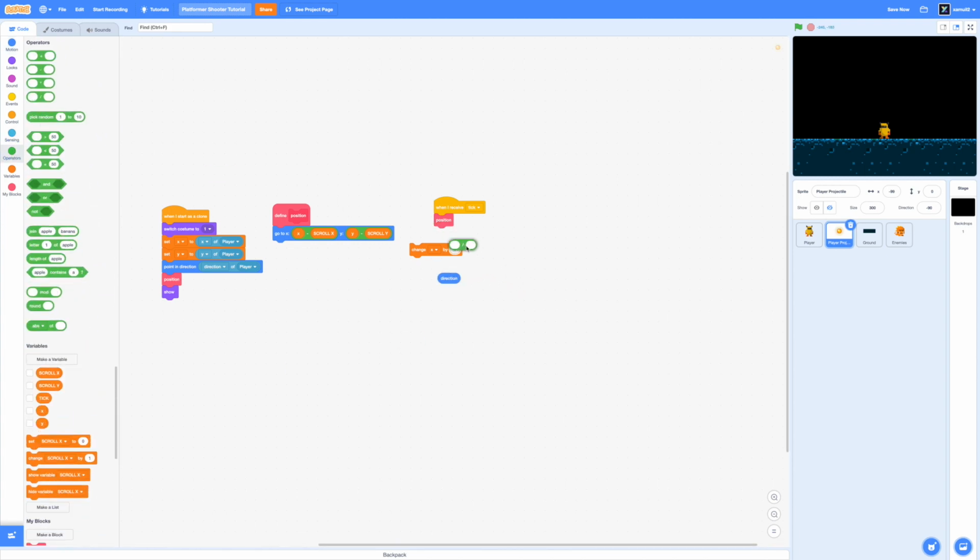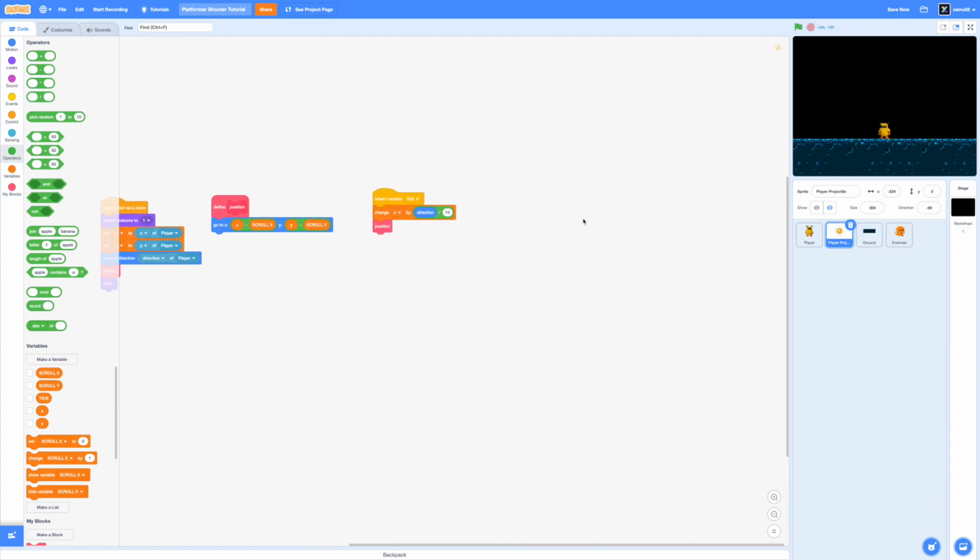I'm gonna go with 10 this time. And that's going to help us a lot because now if you press it, then whatever direction the bullet is pointing towards, it will move towards that. And that's just a really simple way of making bullets move. We now only have one problem, which is to make the bullets hide or disappear and eventually delete themselves